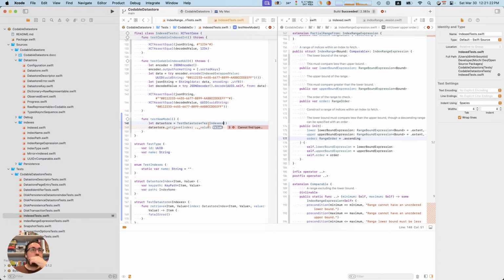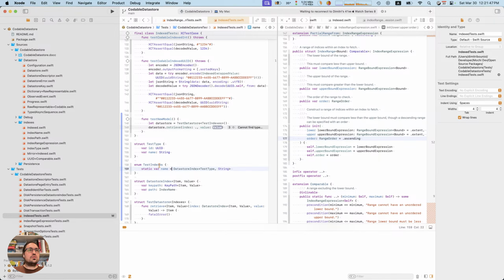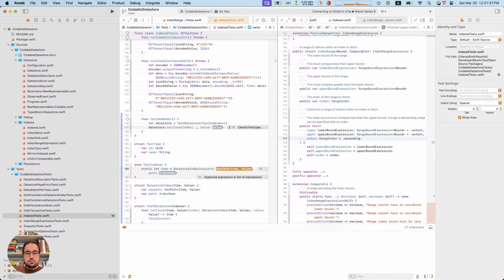Okay, so we have test indices. Okay, so maybe what we want here, so we want one of these. Name, okay, so this is test type, and the value is string. Actually, I guess we can do it this way, key path.